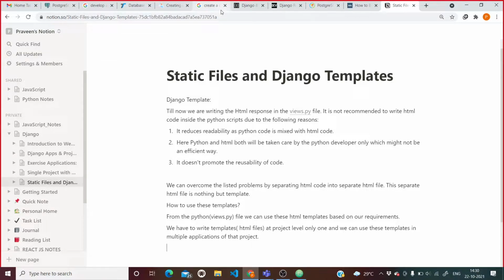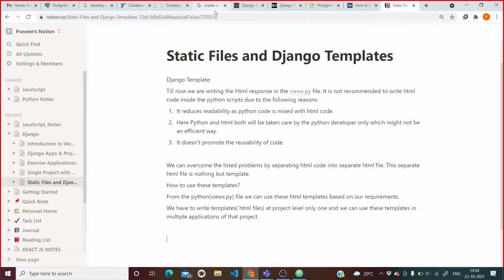Now what are the Python steps required to develop a template based application?